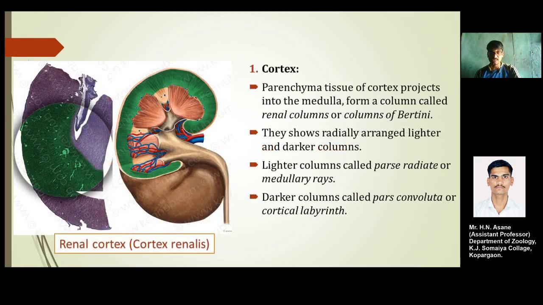So as you can see, the kidney is covered by a layer called the cortex. The first layer will be the cortex, then the medulla, and then these canals, which provide the surface for urine collection, are nothing but the renal canal, also known as the renal sinus. Okay, so let's focus on the cortex first.